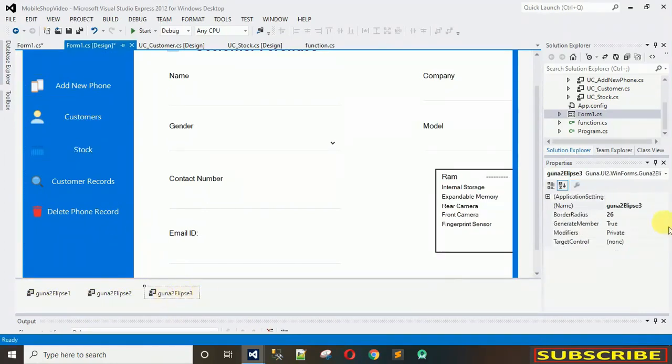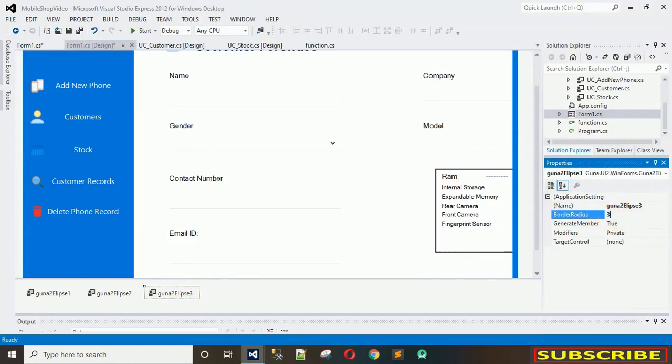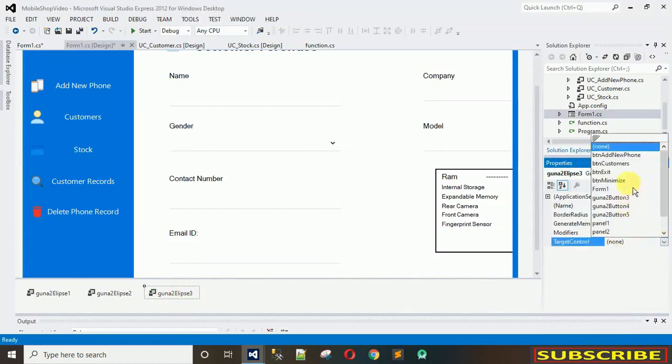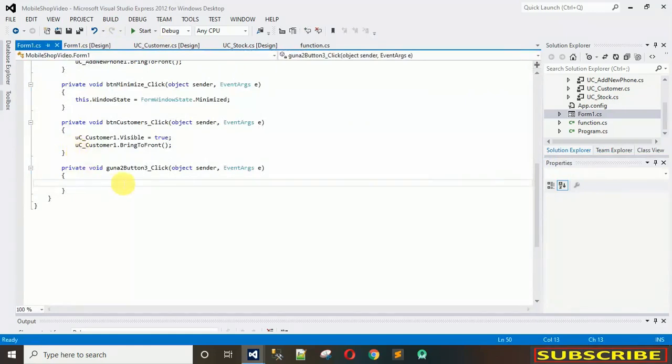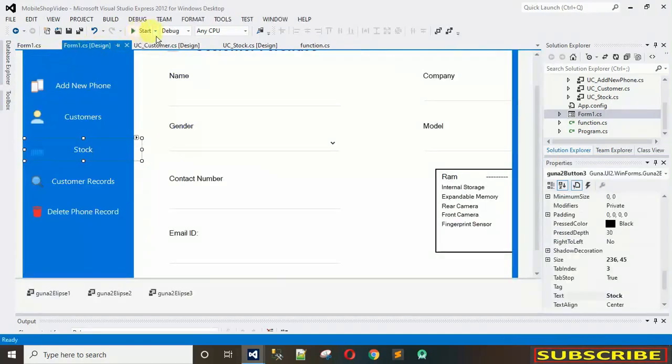So let me just connect that. Change this one from 26 to 30 and change the target control from none to panel 2 and just save it. And after that, just double click on this. This will generate a click event, and here we have to code for that. Before coding, let me just start this